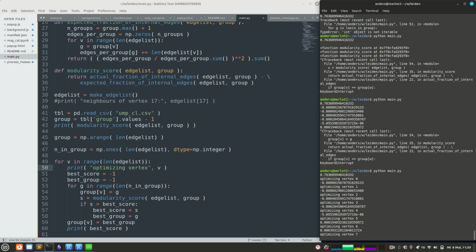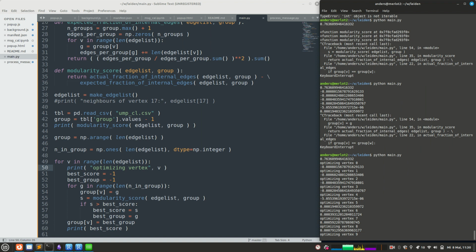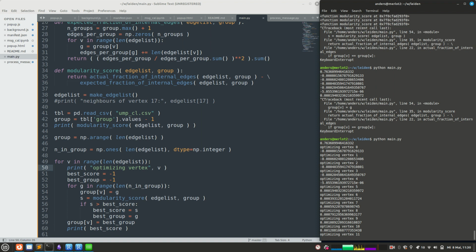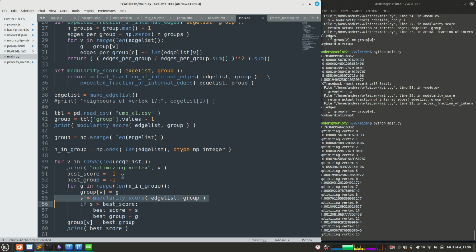And why is it slow? Because we have this modularity score function which has all these loops. And now for every group it has to go through all these loops, and that of course takes ages. We still haven't really managed, we've just reached vertex 10 and it doesn't really get much better. So we need to optimize this calculation so that we don't have to recalculate this. And that's where now our trick comes in, namely,